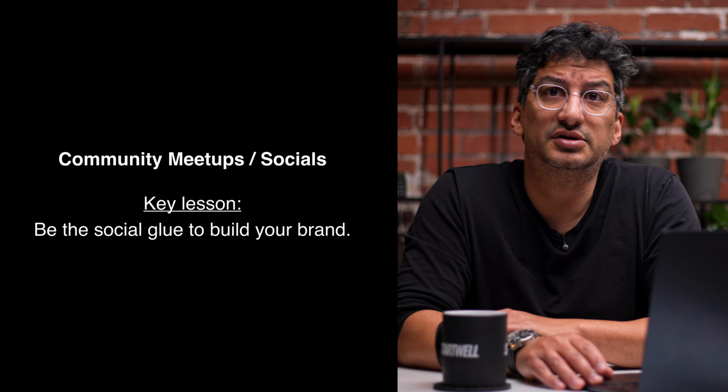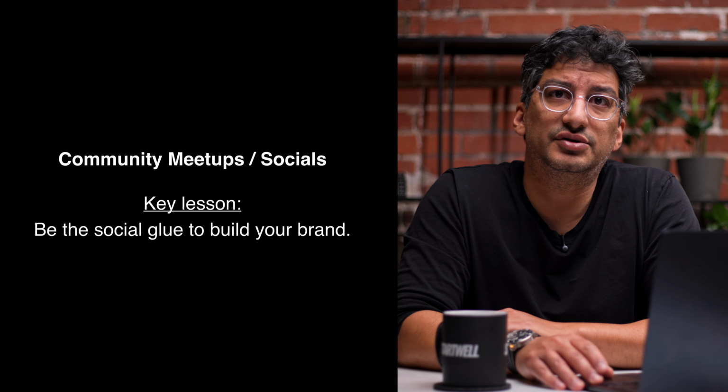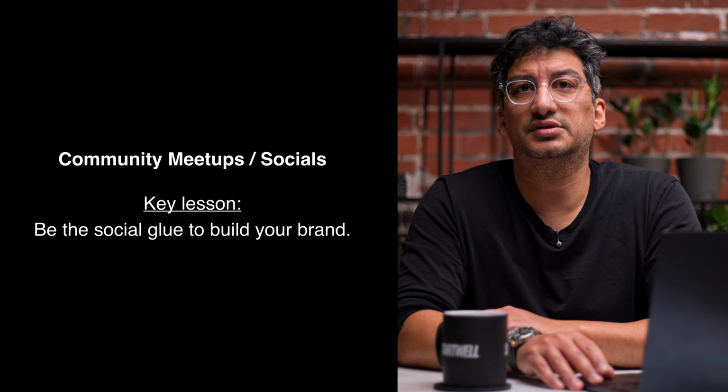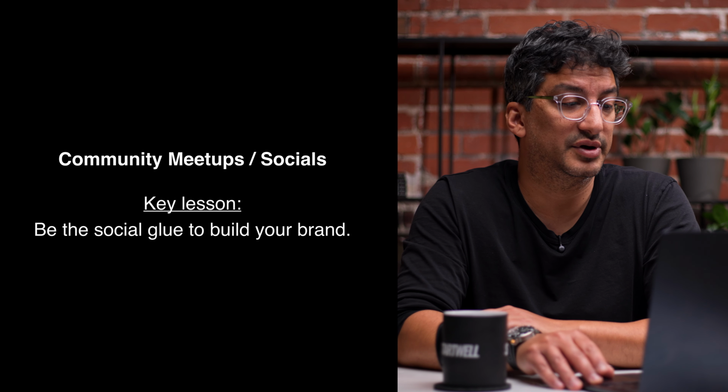All right, the fourth category of external events that we'll consider today is meetups and socials. Again, in the software world, you see a lot of this. In other types of products and services, you don't see it as much, and I think there's an opportunity there for a lot of companies. It's basically when you get a bunch of like-minded professionals together, and they might be user groups, they might be customer groups. They might be people that would be considered partners or even competitors with each other. Get them in the same room. Just because they compete against each other in market doesn't mean that they don't have a relationship with you that can help you, especially if they're your customers.